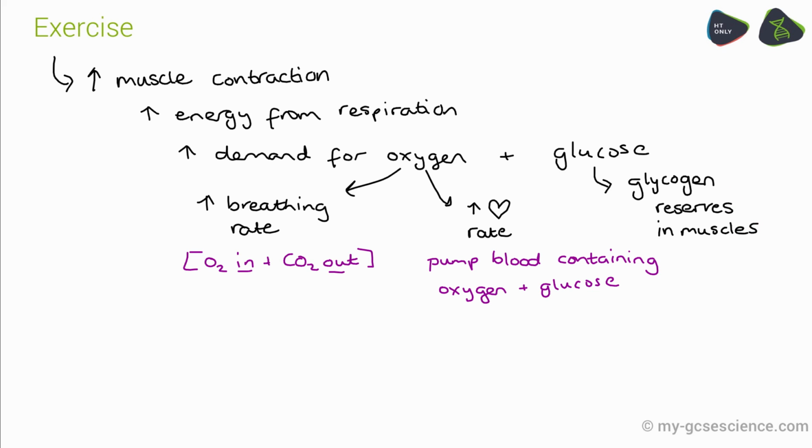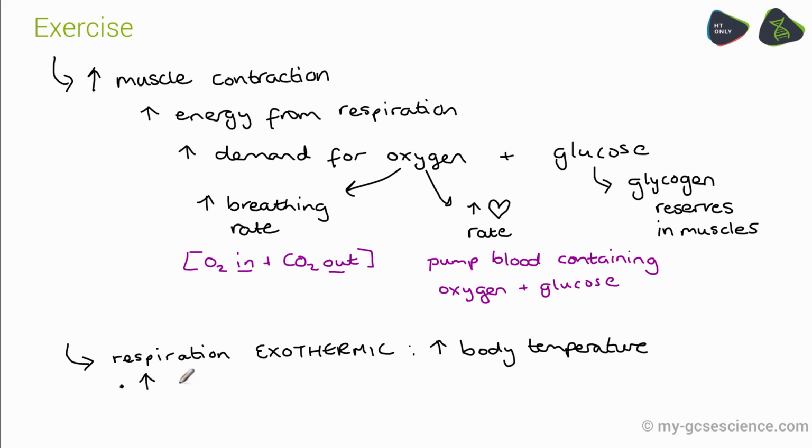So there are other side effects of doing exercise, and that is you're going to get really hot. Your body temperature is going to increase, and that's because respiration is an exothermic reaction. It releases heat energy, and that's going to raise your body temperature. But not only do you get hot, you need to cool down. So there are coping mechanisms that your body will display, such as increased sweating, and blood vessels near the skin will widen to allow blood to flow closer to the skin, and if you're quite pale in complexion, you will noticeably appear redder as a result.